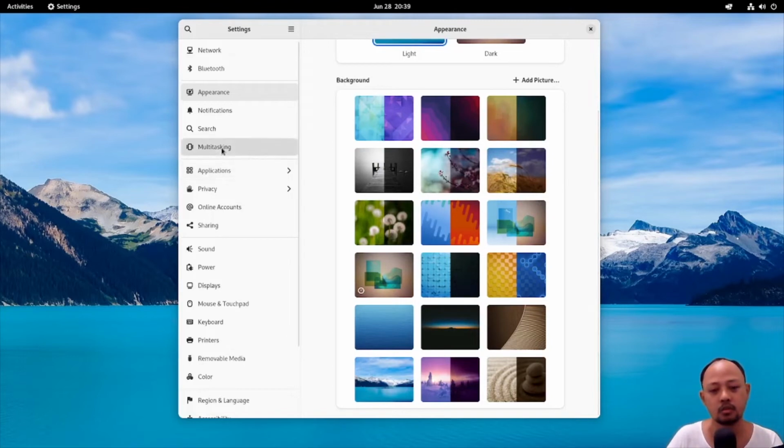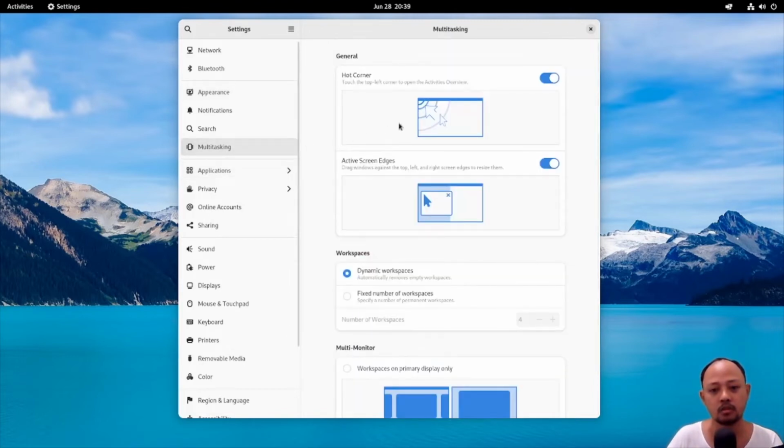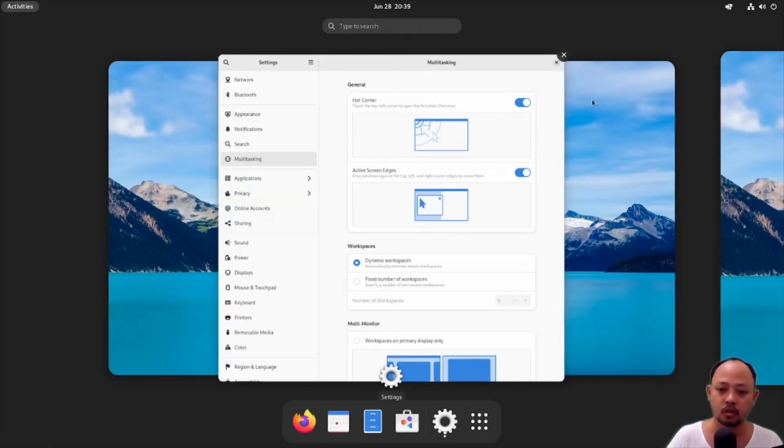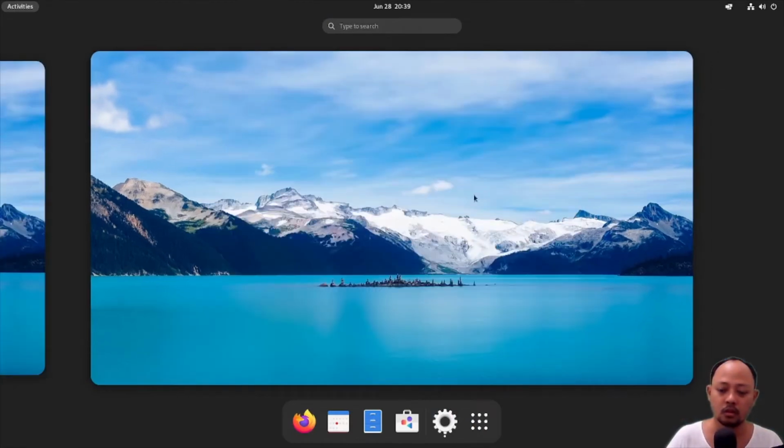Okay, multitasking, what is it? Oh, it's like a tutorial. Dynamic workspaces. Okay, so this is for managing the workspaces, I think. This is workspace number 1 and this is workspace number 2.